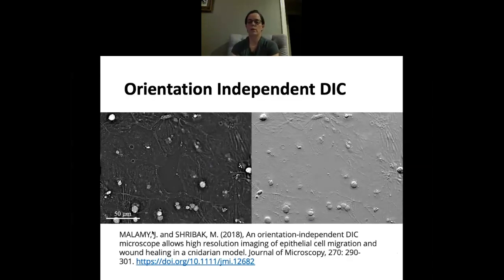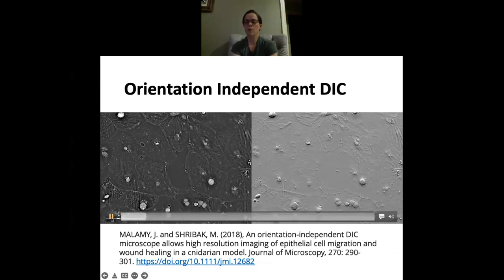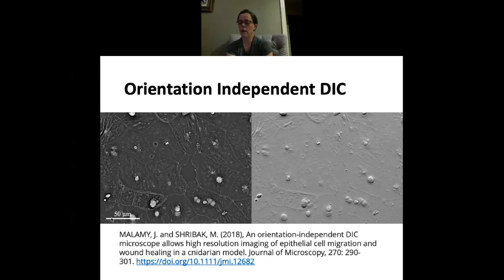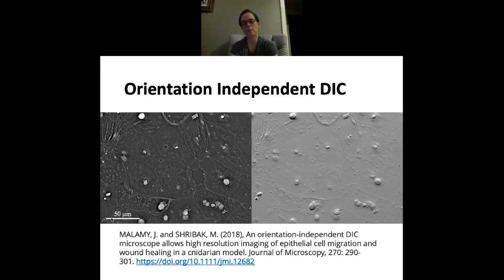This image was acquired using Dr. Schriebach's orientation-independent DIC with the tunable prism replacements. And it's a movie of a small wound in the epithelium of a hydrozoan, something. Anyway, this